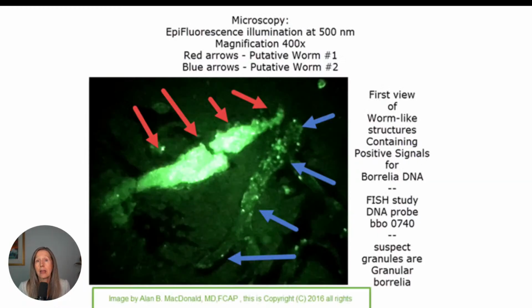Another type of infection that causes multiple sclerosis symptoms and is involved with causing MS would be filarial worms. These are very, very small roundworms. They are the immature form found in the central nervous system by Dr. Alan MacDonald, a very well-respected pathologist. This is one of the images that he shared, and you can find his lecture on our website,